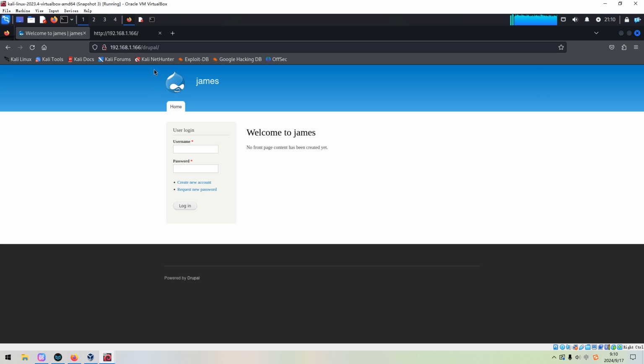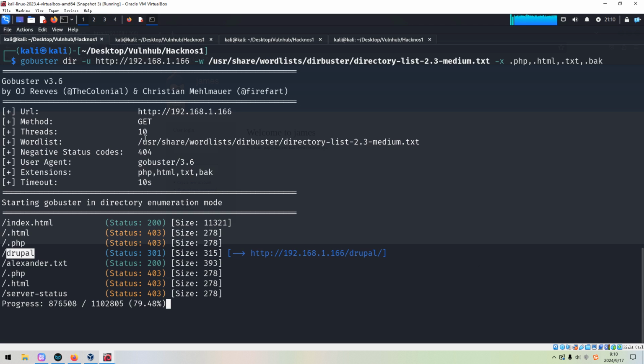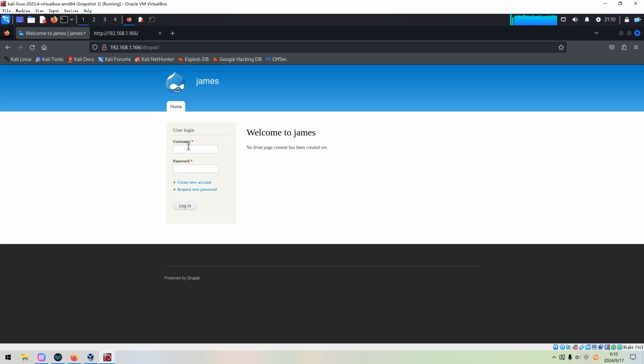Very often, you will meet the Drupal CMS. And some old version of Drupal has vulnerability which we can exploit. So I think next, of course, at this moment, we don't know its version of the Drupal.